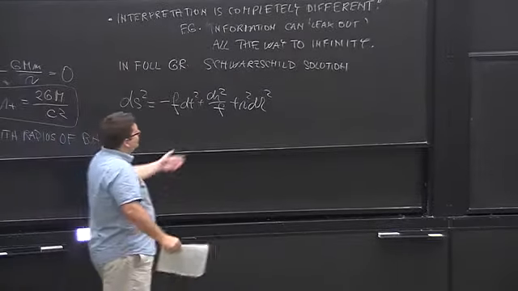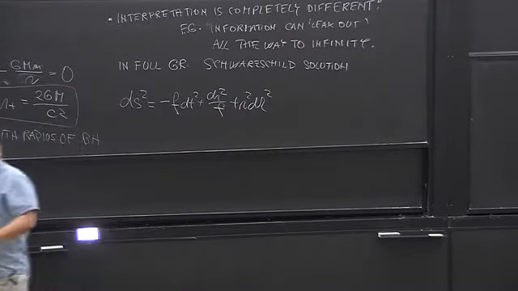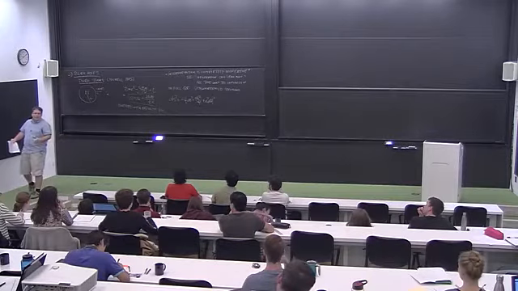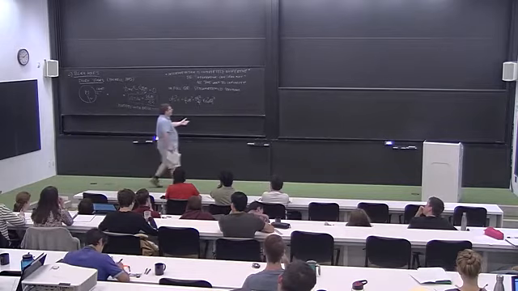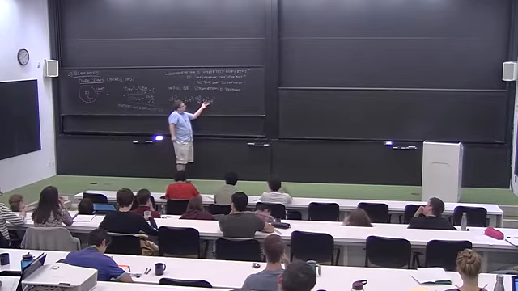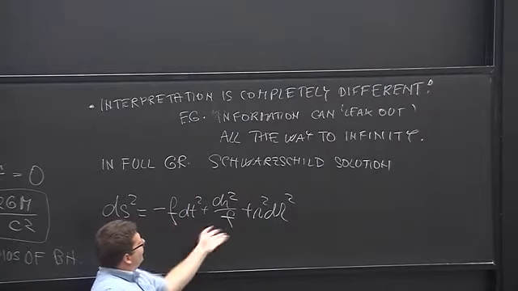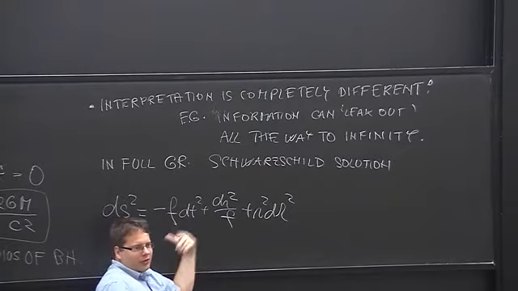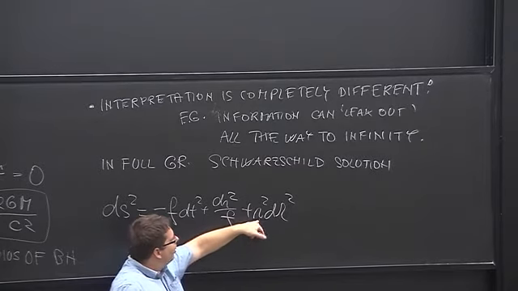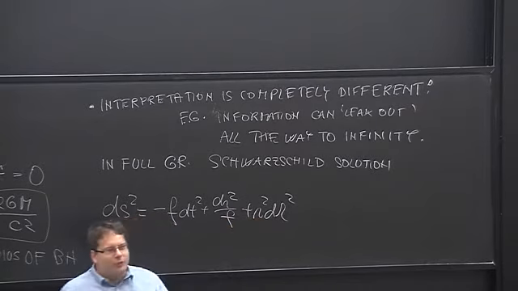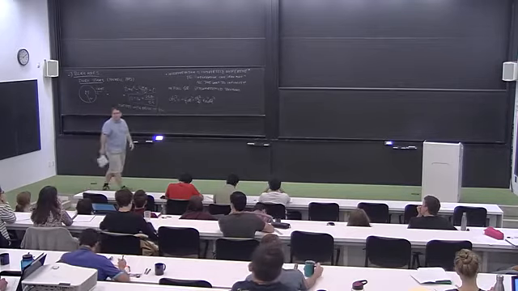So by the way, somebody asked me yesterday why I didn't choose r as a function of r and t. You can do it, but then you can always rename the coordinates. So whatever this was as a function of r and t, I just rename it to be a coordinate r. And so the new coordinate is just a coordinate transformation. And then whatever I'm doing here in this 2x2 matrix doesn't really change. So this is without loss of generality. I can just choose r squared d omega squared, where r is just one coordinate r. It doesn't have to be a function of r and t because I can always do a coordinate transformation.